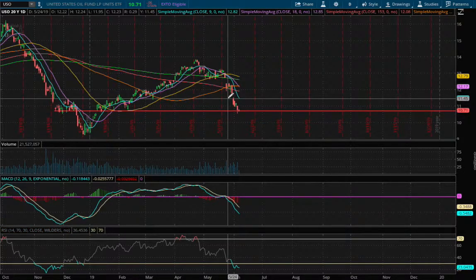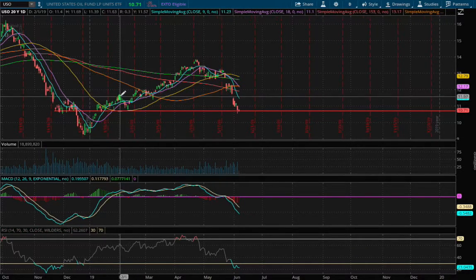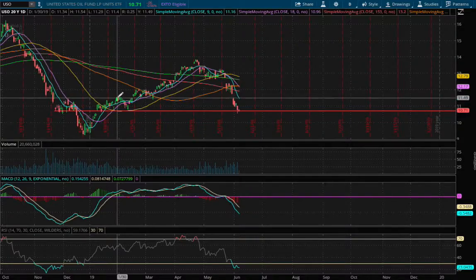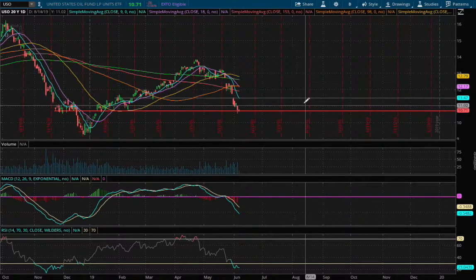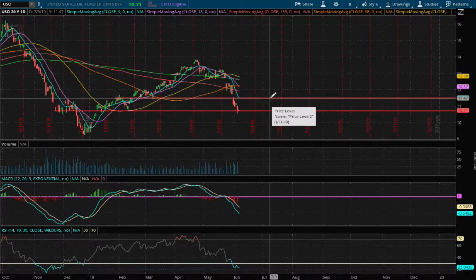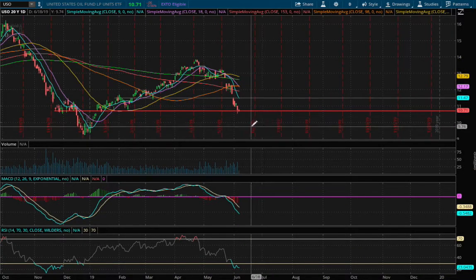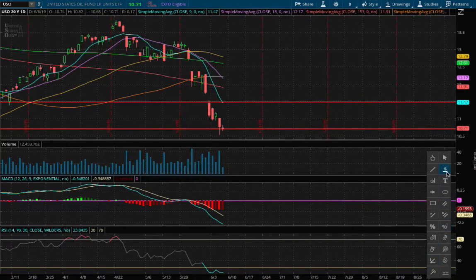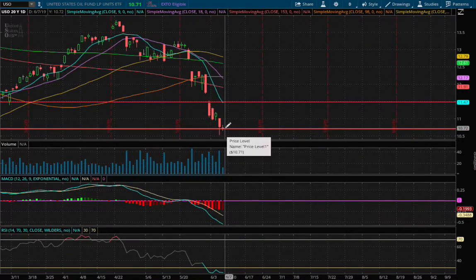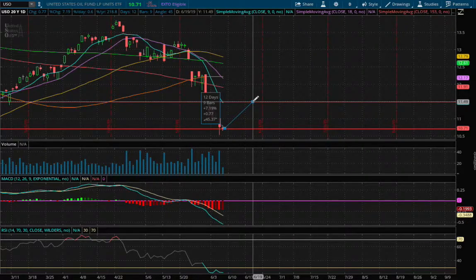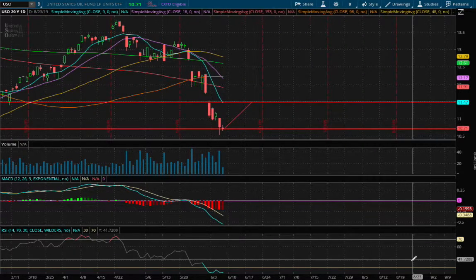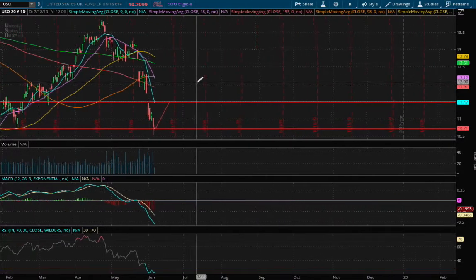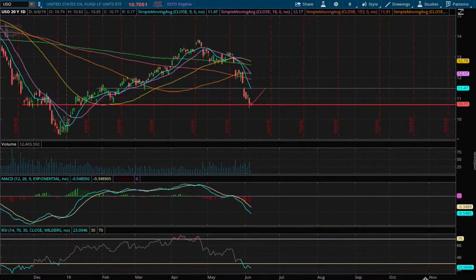the 9-day moving average, and that price level also coincides with past uptrend resistance. So that price is at 1150, and so if we were to reverse and head on higher, that price movement would be about a 7% move up. However, if we do continue on down, the next support is what you see there, right here,